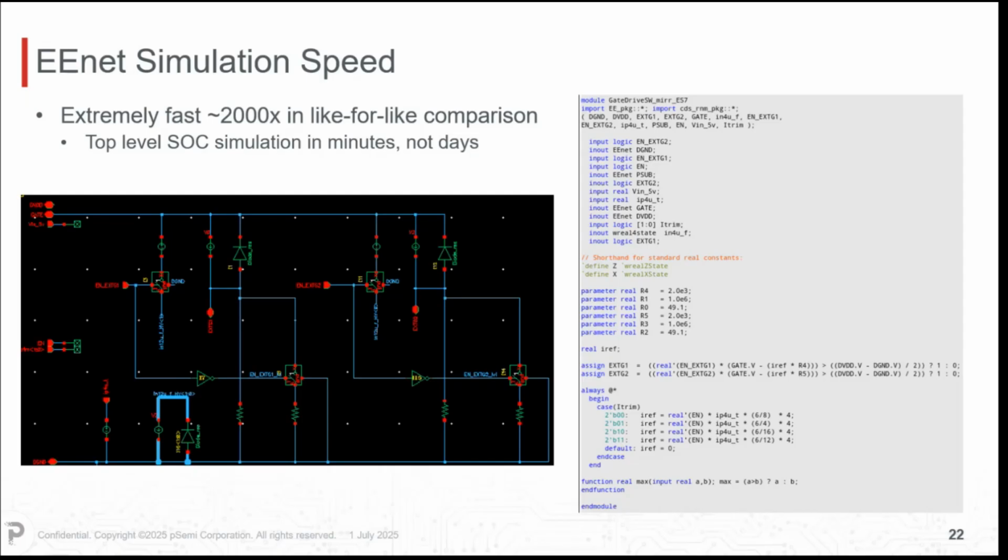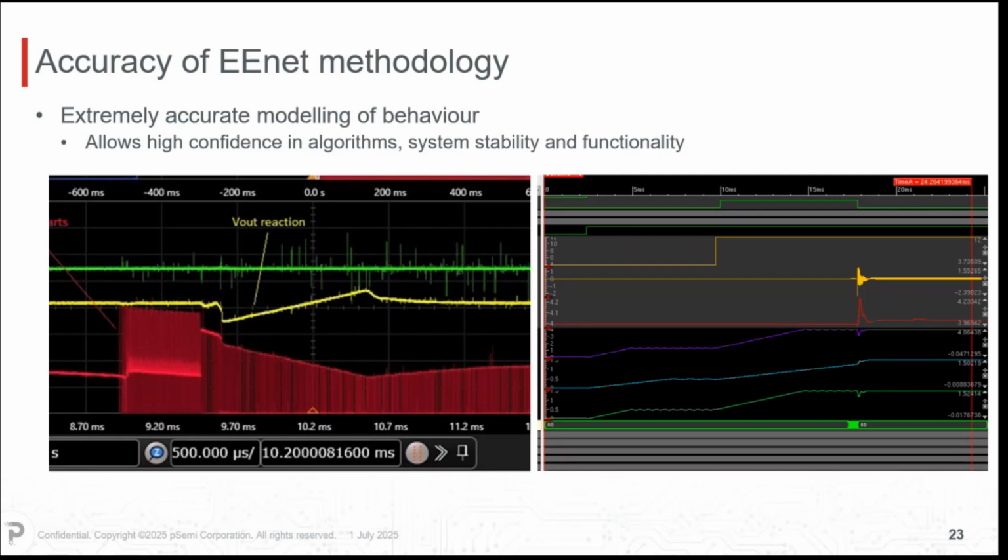There was a fair bit of work to get to this particular point. He was able to get extremely accurate modeling of the behavior. So this allows you to get high confidence in the algorithms, the system stability, and the functionality. That was something that was very hard to get if it was going to take you a couple of days to run a simulation every time. Am I really covering everything? And with enough tests, both of AMS versus DMS, comparing the results, and then doing many more simulations on the DMS side, it allowed you to